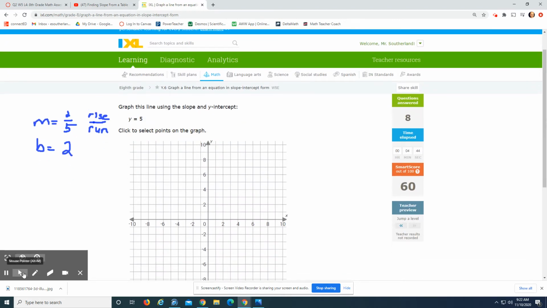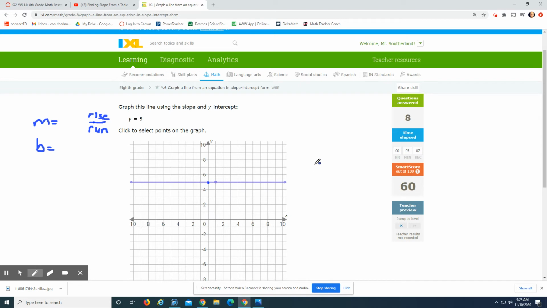Okay, so now this one's kind of cool. There's no x, so I don't know. I haven't explained this to you yet, but this is actually really, really easy. If y is 5, so right here y is 5. Right beside it, y is still 5. So if we look at those 2 points,